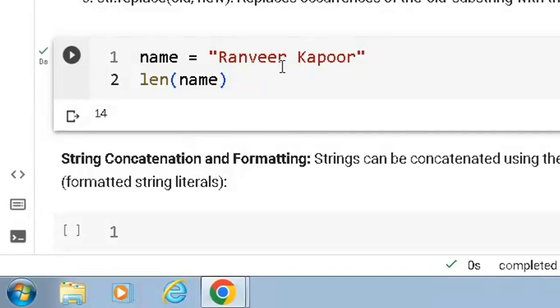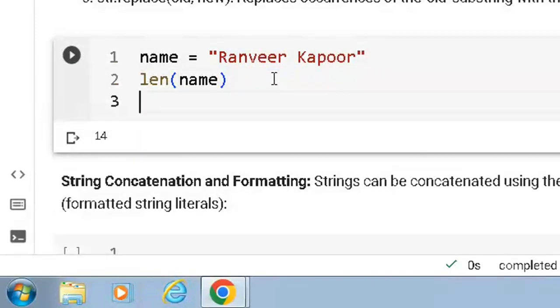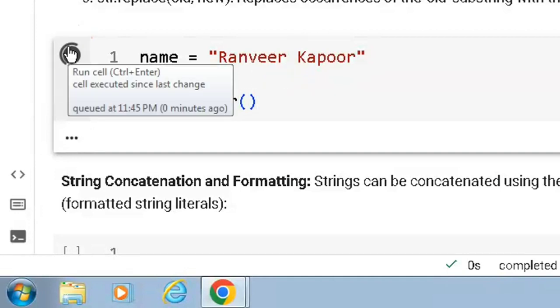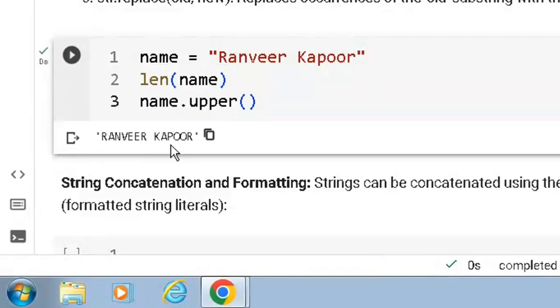Now if I want all the letters in my string to be in uppercase, how can I do this? For that I can write name dot upper. Let me run this one. Here you can see all the letters are in uppercase. Similarly,